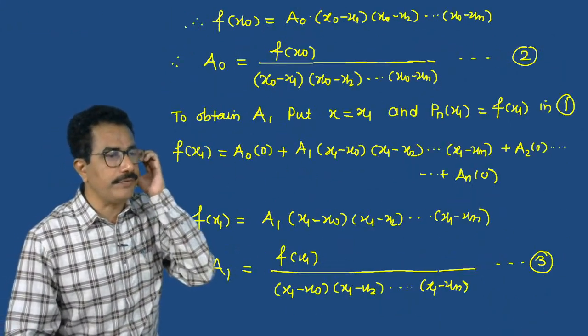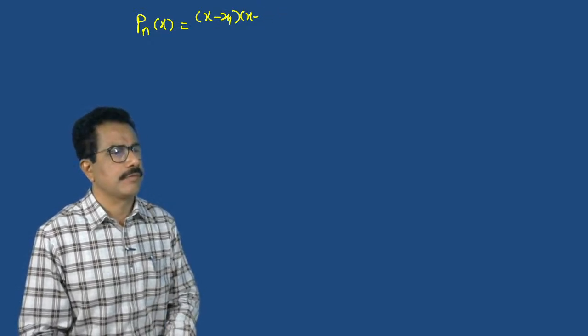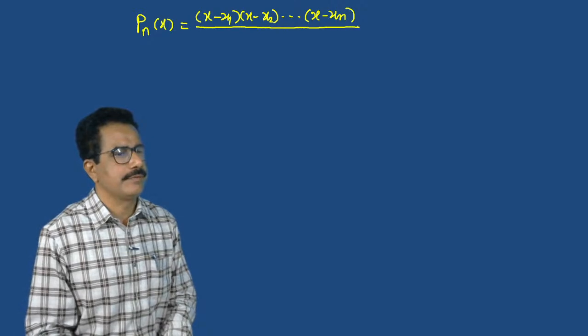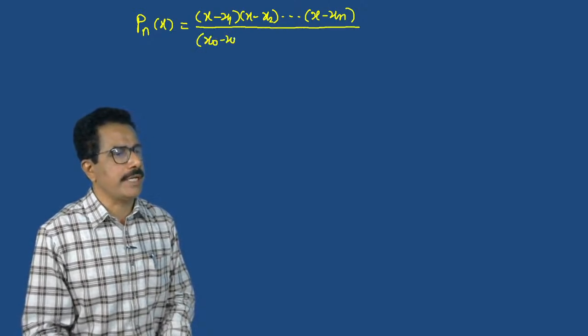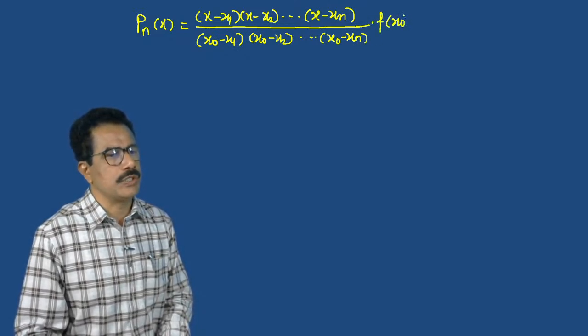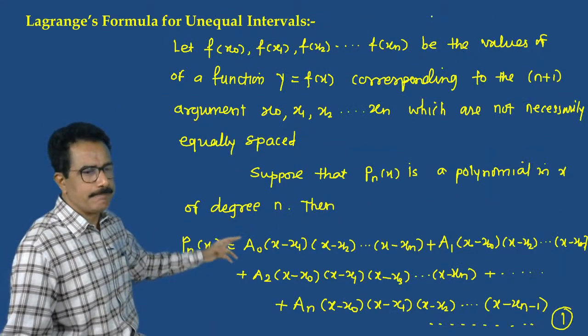त्यामुळे pn of x ची फर्स्ट टर्म कशी येते पहा, x minus x1, x minus x2 dot dot dot x minus xn divided by x0 minus x1, x0 minus x2 dot dot dot x0 minus xn into f of x0 plus, आता second term, if we put the value of a1, a1 ची